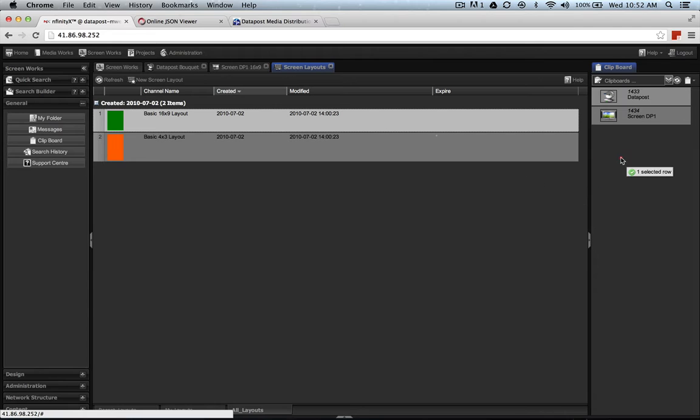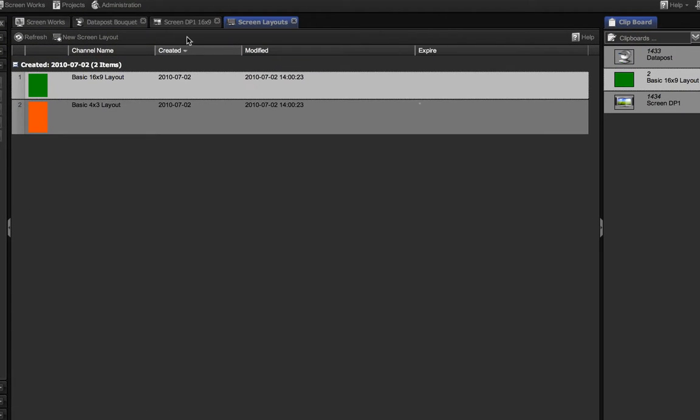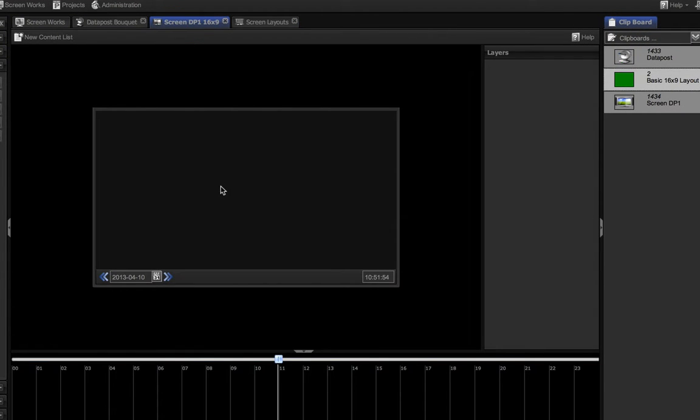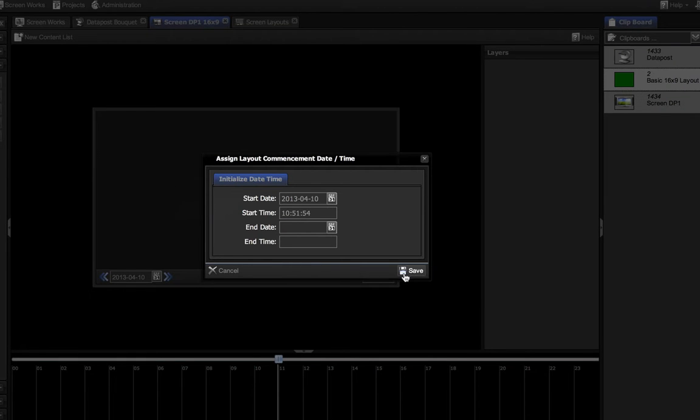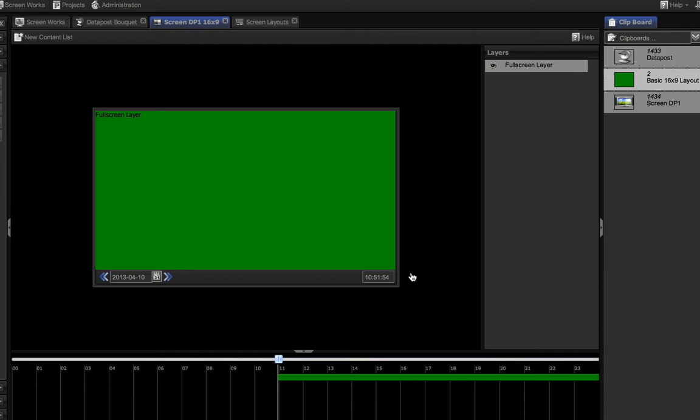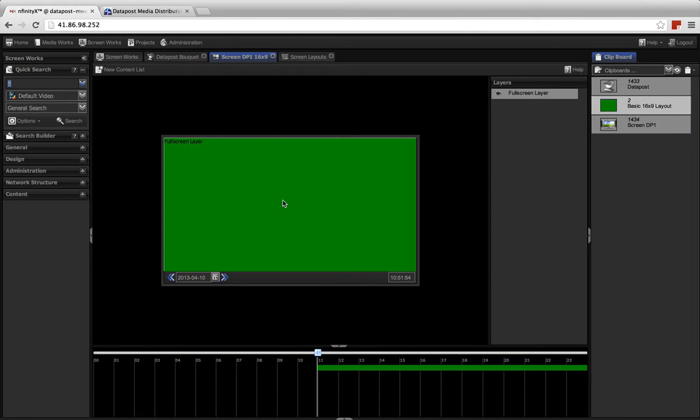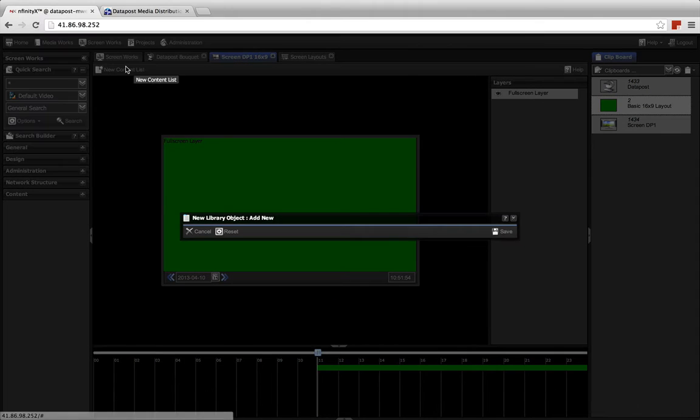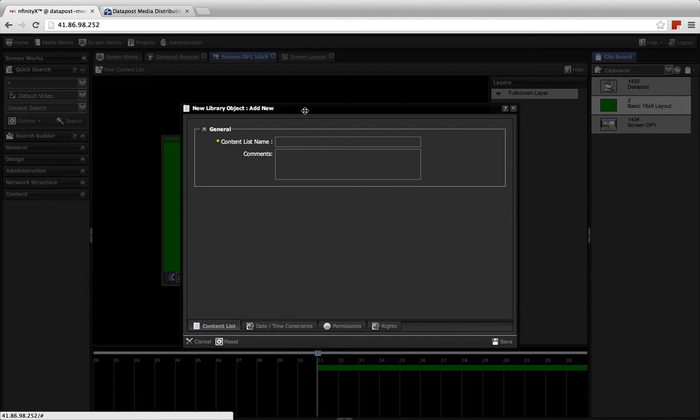I'm going to just drag this across to my clipboard, and I'm going to go back to my screen here, and drag and drop into that screen. What we need to do now is create a content list for that layer. Open another panel, and we will name this list the same as the screen over here. So I'm going to call it screen DP1